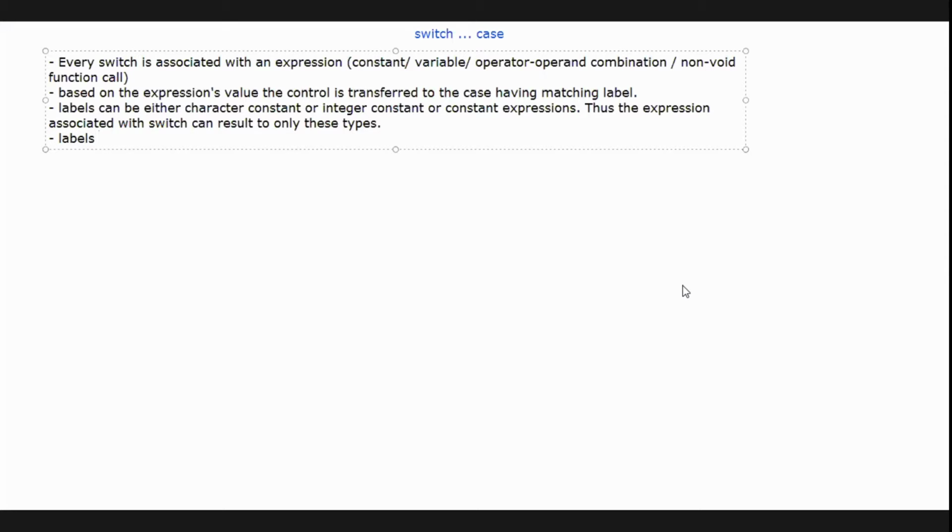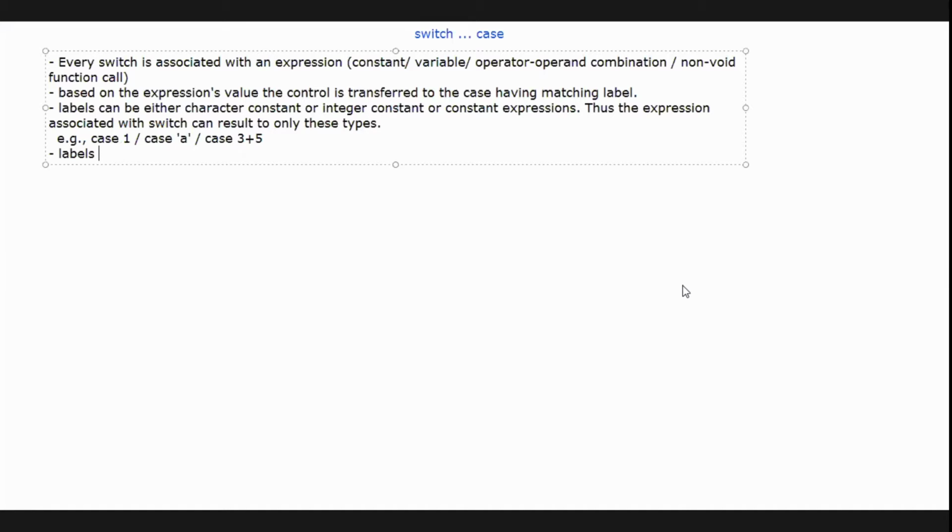Labels, example: we can have case 1 valid, case A valid, case 3 plus 5, this is also valid.